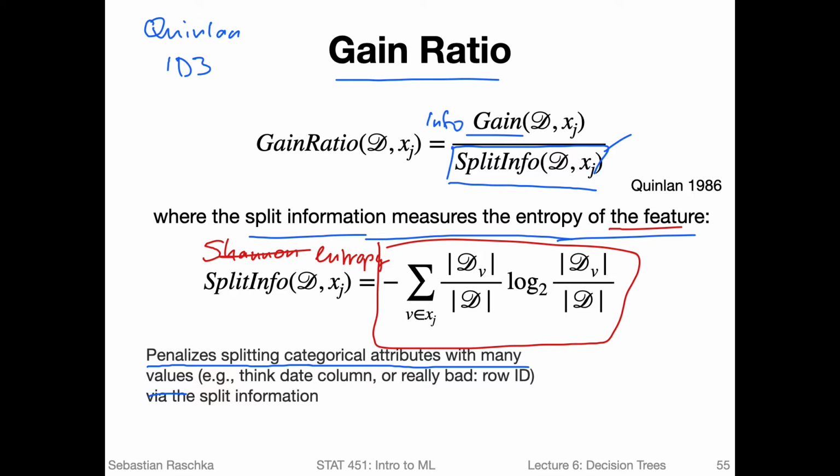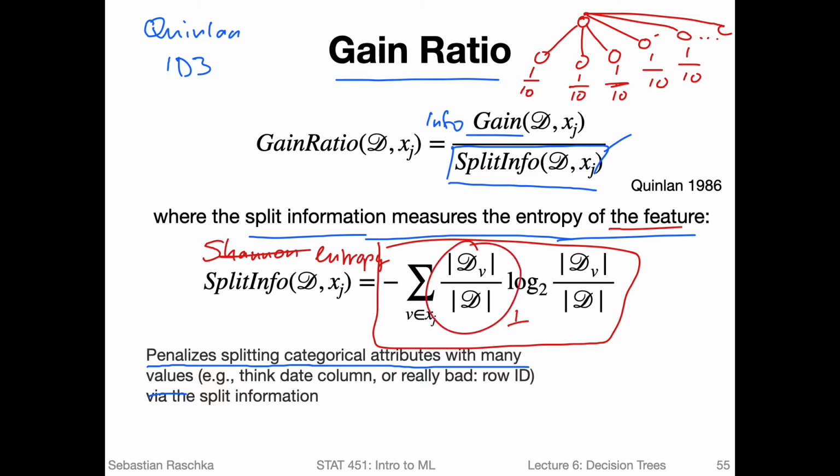So let's assume we have a feature with 10 possible values. So if we have a node and we split it into 10 subnodes and so forth, and let's assume that the features will be uniformly distributed, then we have, for simplicity, let's say 1/10 of the data points at each node, so it's uniformly split. At each node we have now 1/10 of the examples, so that would be 1 over 10.